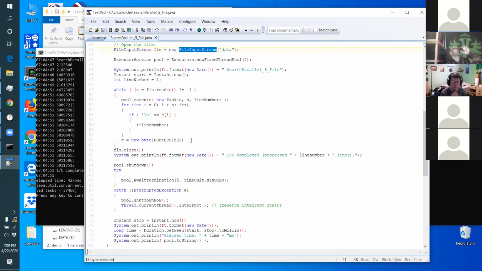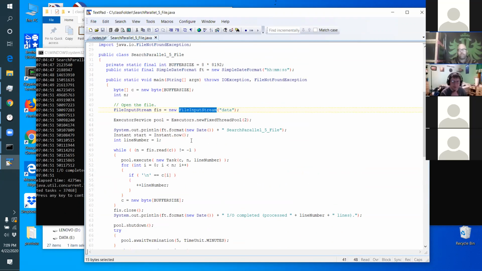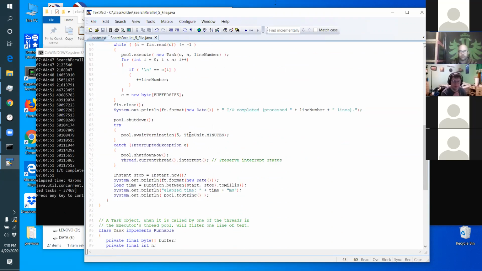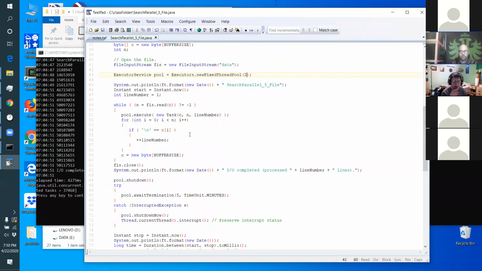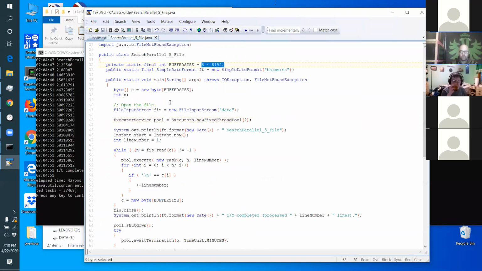I don't know if there's anything else besides the buffer size that you could really play around with in this program. The executor, like the number of cores in the thread pool, probably is going to have almost no difference. Yeah, other than the buffer size, there may not be much else to play around with. Okay. All right. So there's the parallel program on one big, huge file. Okay. Now